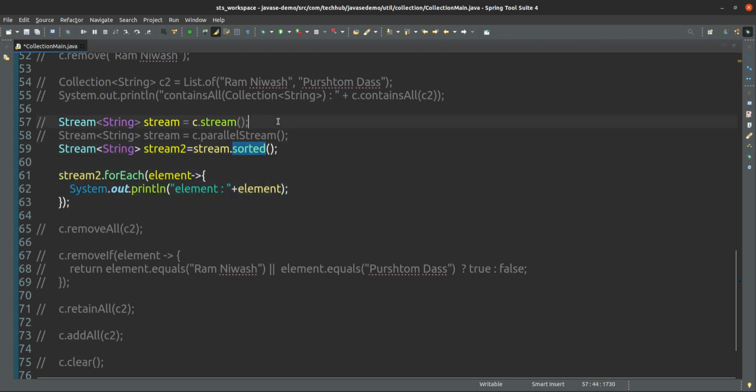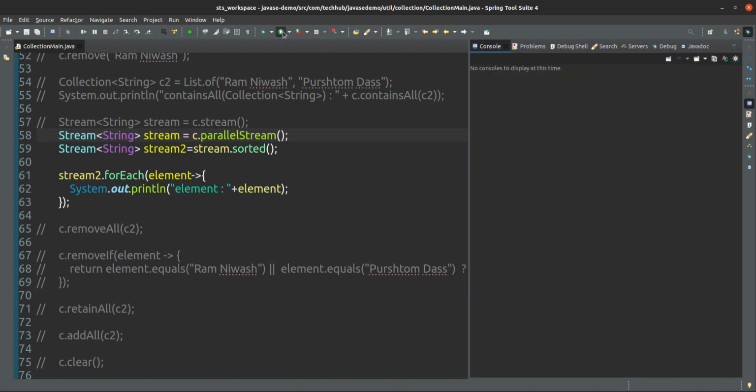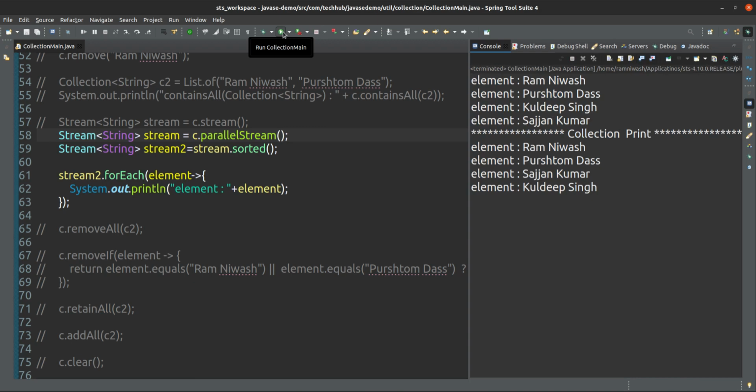If it is a parallel stream, then how is it working? It is doing all this process parallelly. That sorting will be something different. See, P, Q, R, K, it should be before 2, but it is coming later, because this is the parallel stream, means multiple operations will run parallelly. Okay, that is a different thing. Yes, see, Sajjan, Purushottam, Kuldeep, Ram. Next time it will come something different.